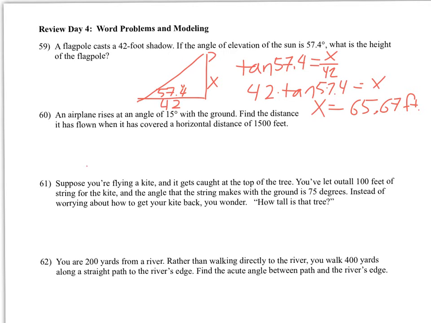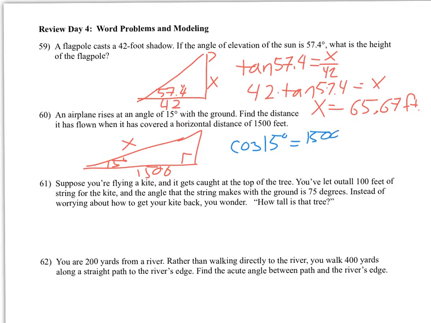An airplane rises at an angle of 15 degrees with the ground. Here's my 15 degrees. Find the distance it has flown. That's up here. When it has covered a horizontal distance, this is the horizontal, of 1,500 feet. We've got adjacent and hypotenuse going on. So cosine of 15 degrees is equal to 1,500 over x. Multiply both sides by x. Divide by cosine of 15, we get x is equal to